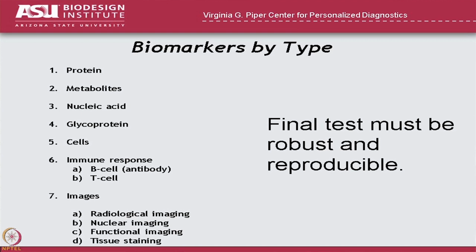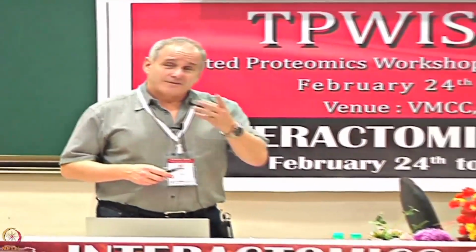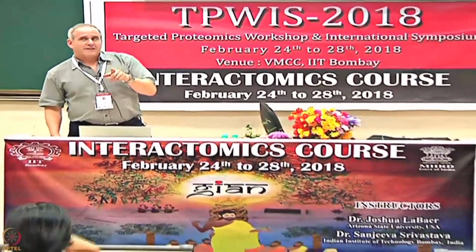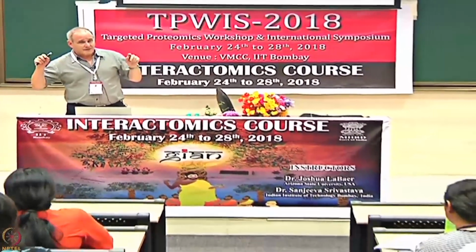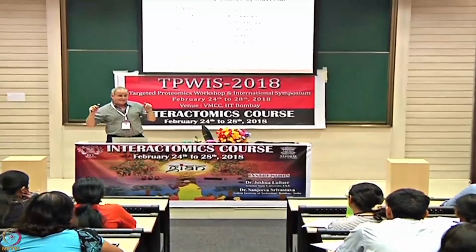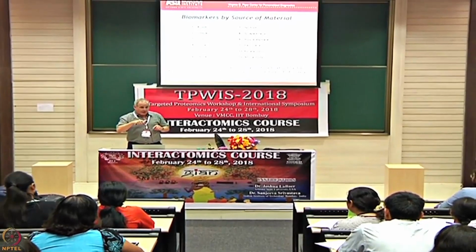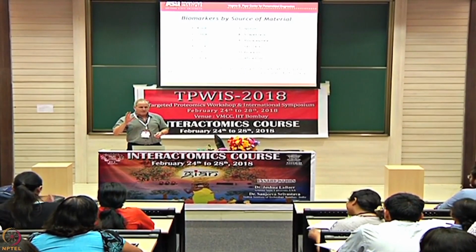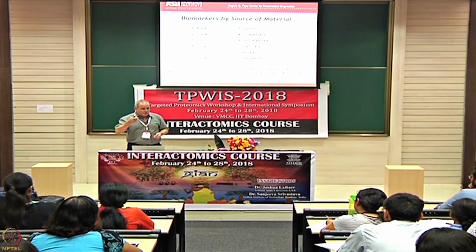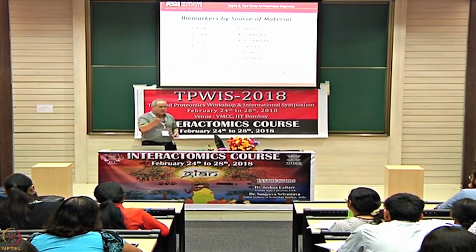Okay, and then we mentioned earlier that you can look at, so that was a source of material. Now we're looking at biomarkers by type. Oh, yes? Hair and nail? Yes. So interesting that you asked that. In fact, some of the most famous historical poisonings have been determined by looking at hair and nail, because arsenic shows up in hair and nail, and it's dated. Where it occurs along the nail or along the hair can tell you how long ago the person had arsenic. And so I forget which European monarch was murdered by arsenic poisoning, but they went back to the corpse and measured it, and you can actually determine arsenic in the hair and nails. There are probably other things you can measure there too, but that's the most famous one.